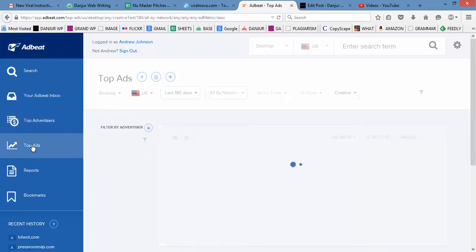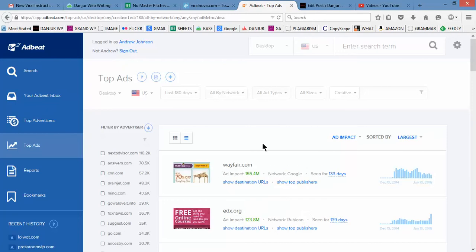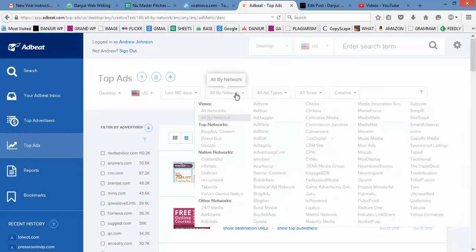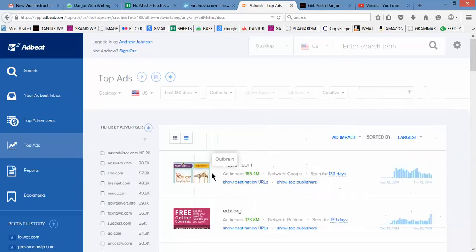So when we click that, it'll bring up ads that are also stories. In this sense they're interchangeable, and I'll show you how. We can search by network here, and as I've noted in some of the instructions, these are the networks that we're trying to get the stories on so that they can display them across various websites. The ones we've been using are Taboola, Outbrain, and AdBlade. So I'll click on Outbrain and we'll take a look at what pops up.